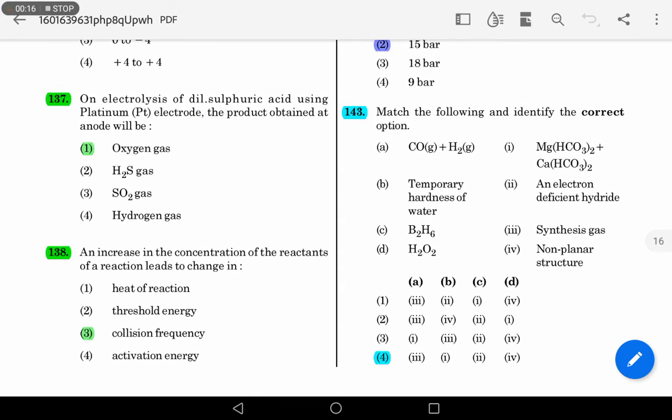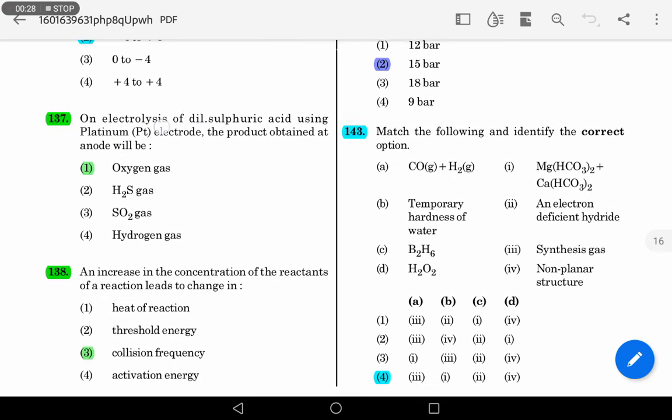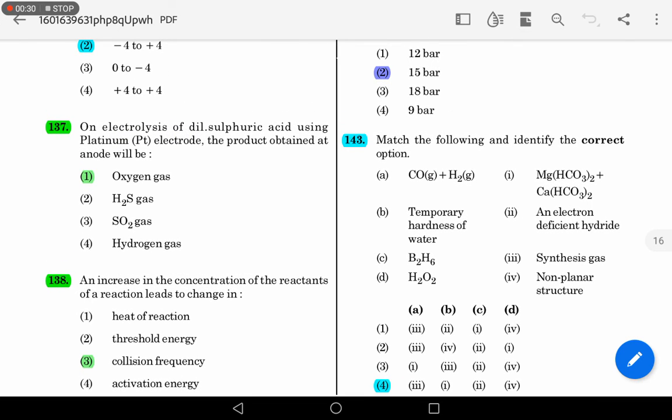The product obtained at the anode will be definitely based on the electrodes. The product may change. For NaCl, a sodium amalgam electrode is to be used. The platinum electrode is mentioned here because it's an ideal electrode which will not indulge in the electrolysis process. The platinum will not interfere with the products of electrolysis, hence it is called an ideal electrode. So the main